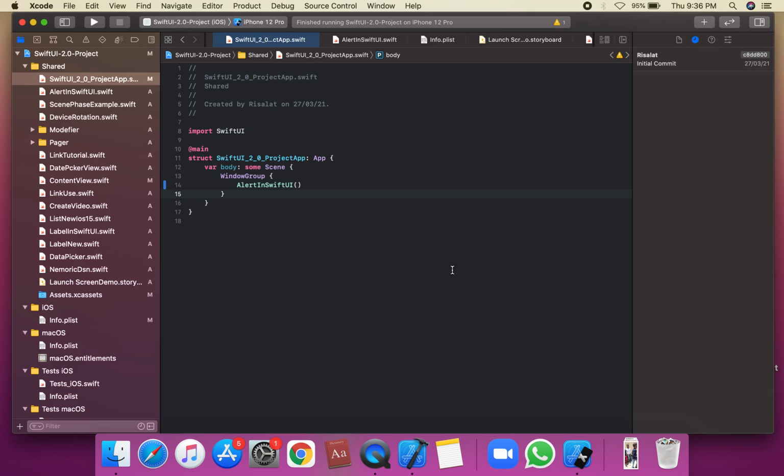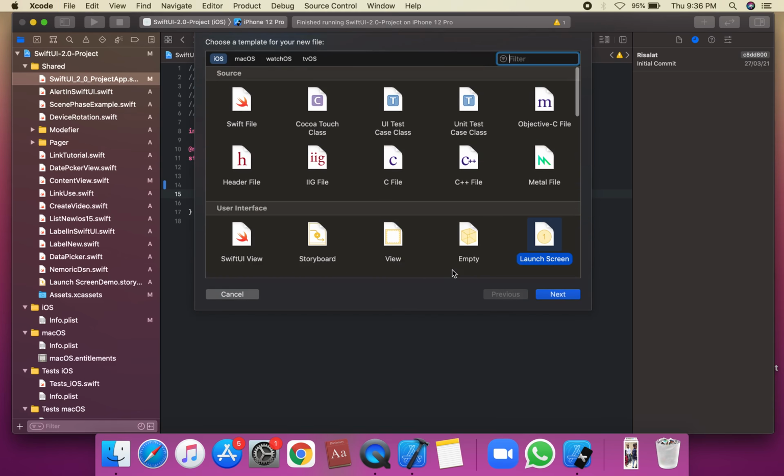About how to apply splash screen in SwiftUI. How to apply splash screen in SwiftUI and launch screen in SwiftUI. Today I am going to discuss launch screen in SwiftUI. So first of all, we're going to create this SwiftUI view,